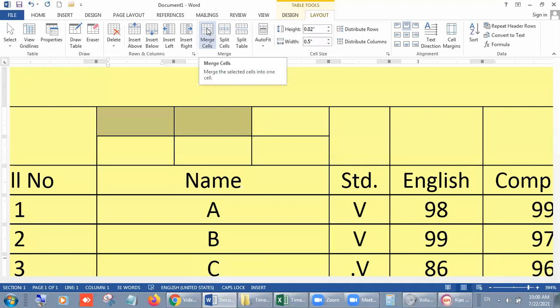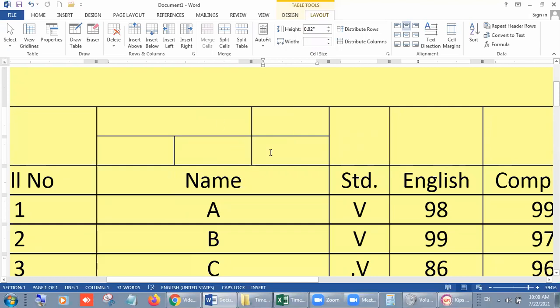Merge means to combine. What is the meaning of split? To divide. What is the meaning of merge cell? To combine. Click on it. Now you can see the change. Two different cells are combined into one, right?